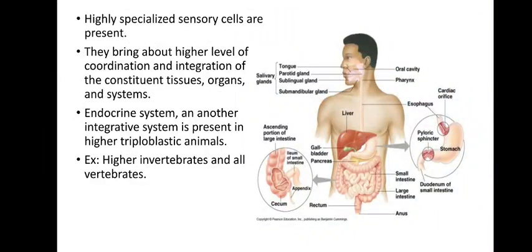Yes, so here you can see a few more on the slide. There are sensory tissues, there are endocrine organs. They all help each other, they all coordinate with each other and they are responsible for the formation of the whole body of an organism. So for this grade of organization, you take the whole body of a human itself. So we are individuals, we are formed of different organ systems. Each organ system is formed of organs, like the digestive system.